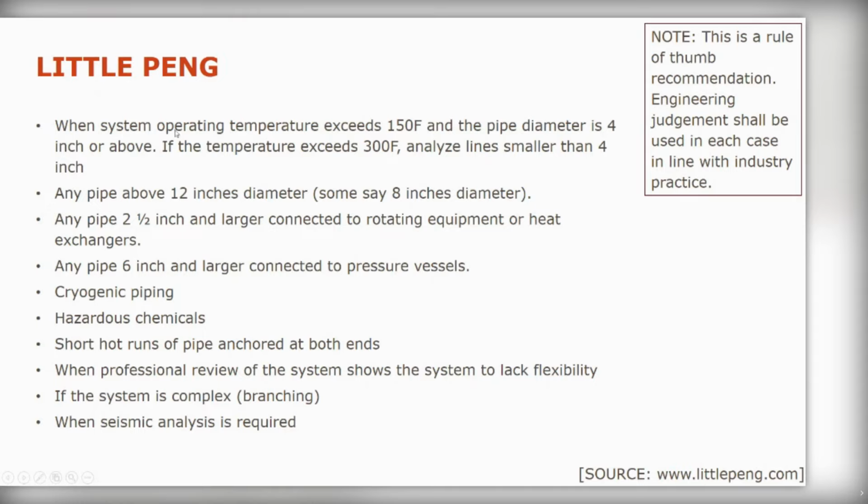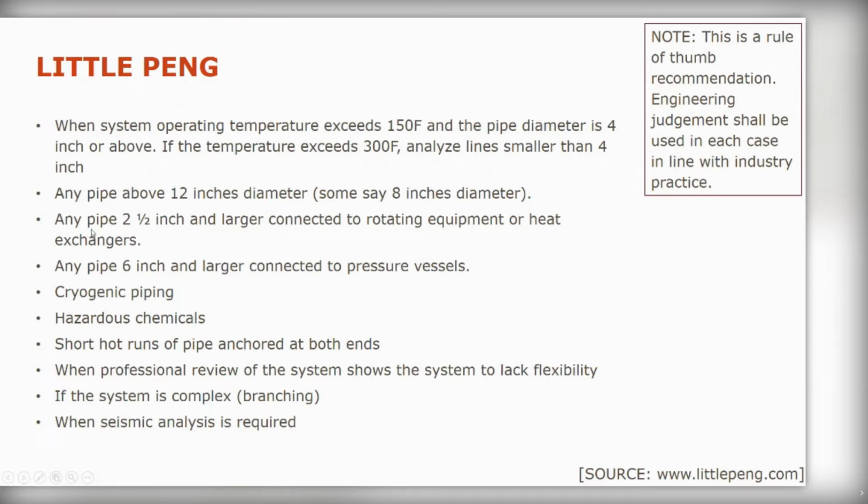But basically what they're saying is, system operating that exceeds 150 Fahrenheit, sorry, it's American, and pipe diameter is 4 inches or above, or temperature exceeds 300, analyze smaller lines than 4 inches. So again, it kind of focuses on the larger lines, but as the temperature gets higher, you start checking smaller lines as well. Any pipe above 12 inches in diameter, some say 8 inches diameter, so again, depends on your